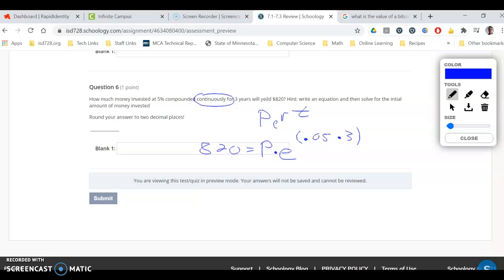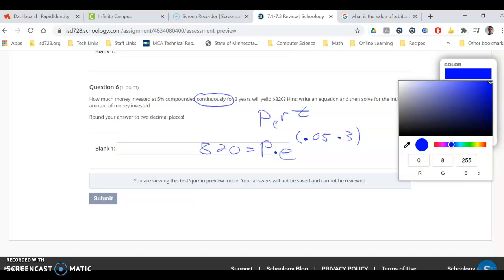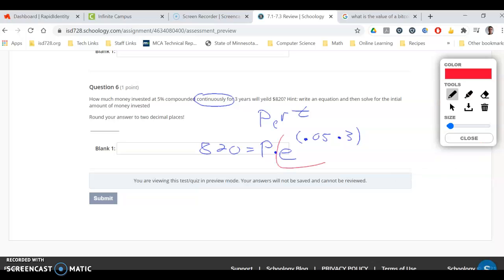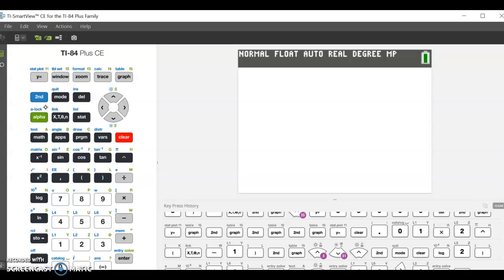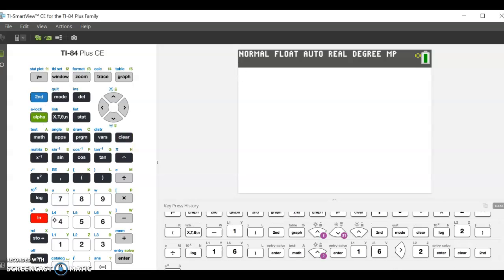So this becomes an equation I'm going to solve, which is kind of intimidating at first, but realize that E is actually not a variable. It's like 2.7 or something like that, right? So how I'm going to start this one is this whole thing is just a number, right? So I'm going to do that on my calculator. Second, e to the x, and then probably should do parentheses just to be safe. 0.05 times 3. Okay, and I get something like